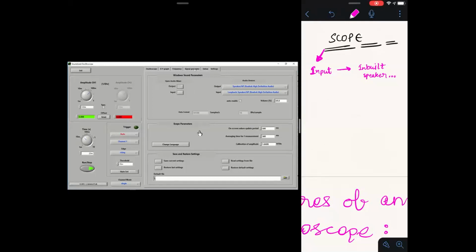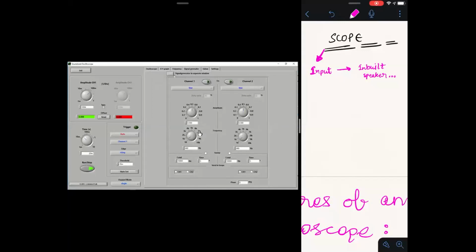So now what we are doing, we will generate some signals, and we will see those signals in the scope, whether those signals are actually measured by the scope or not. Okay, so this will be the first demonstration today. So just go to signal generator, and this is the setting for channel 1, the left speaker, and this is the setting for channel 2. As I have told you, there are two channels inside our laptop. So here in channel 1 you can see these are the settings.